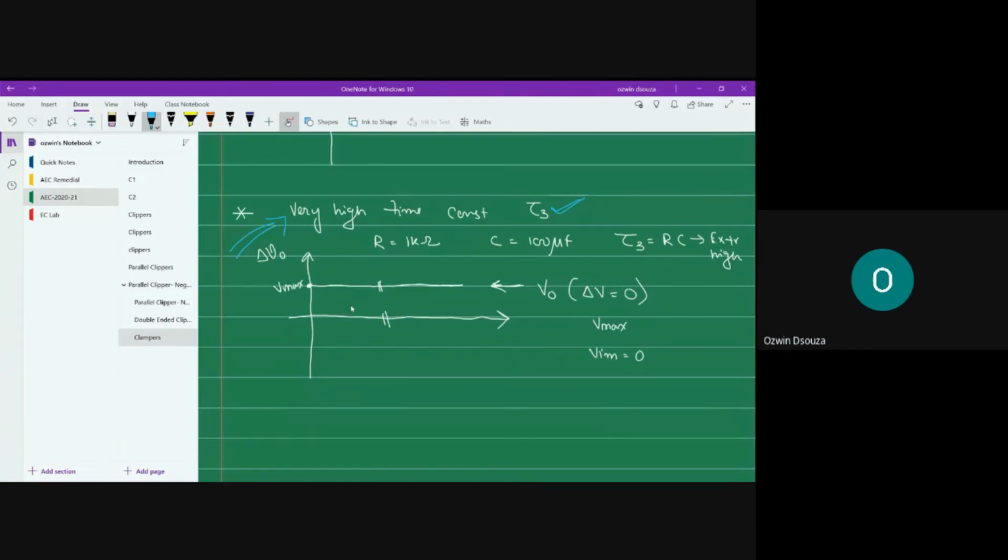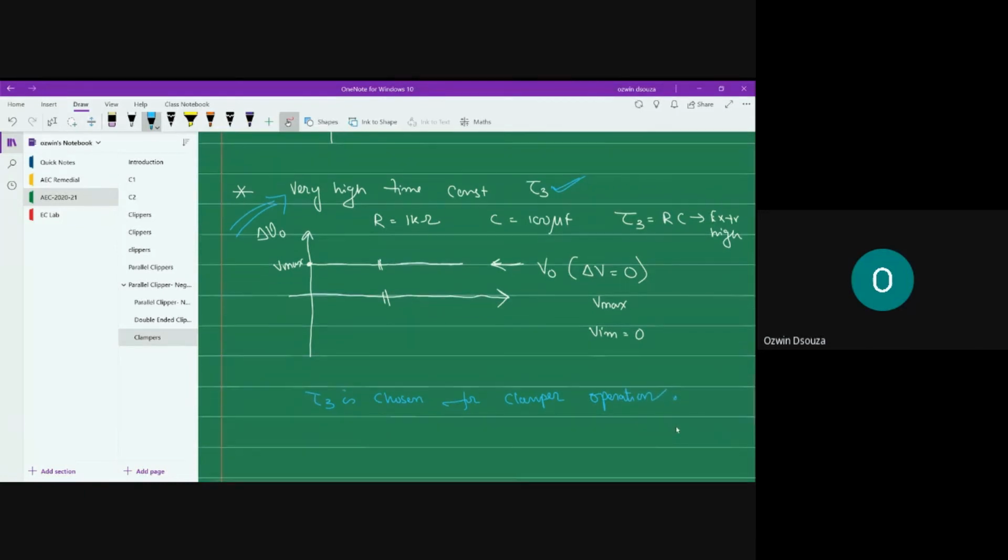So out of these 3 taus, for a clamper operation, you are supposed to use tau 3. So tau 3 is chosen for clamper operation. Okay, now, if you look at the waveform of time constant tau 3, the waveform resembles